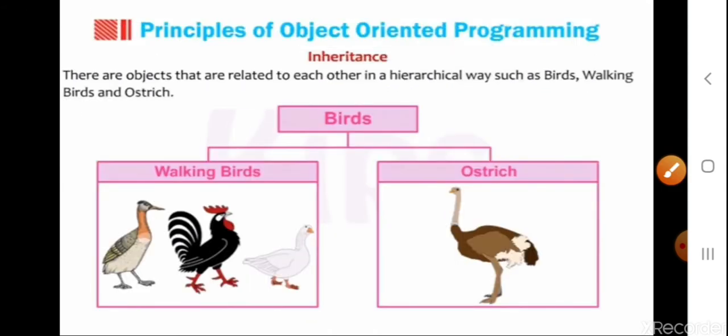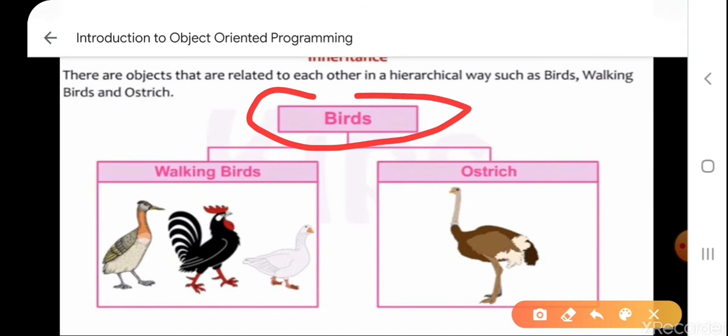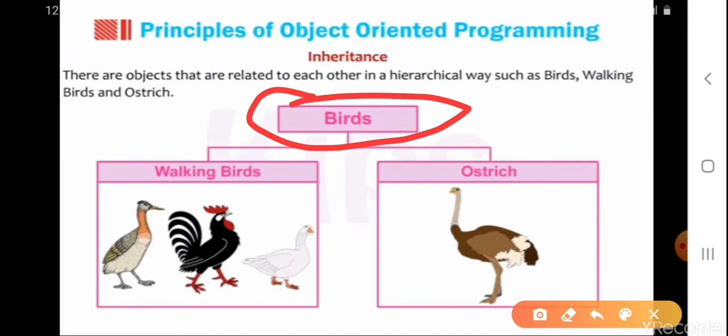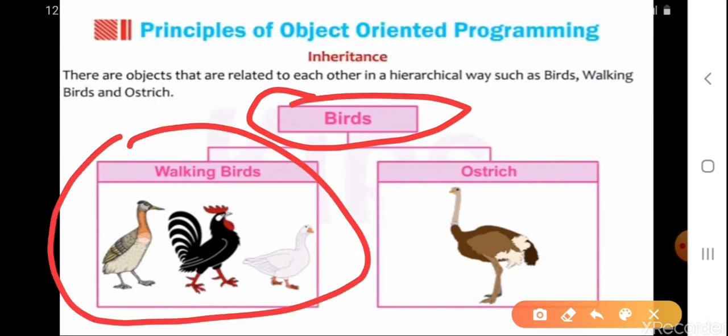For example, there are objects that are related to each other in a hierarchical way, such as birds. See, there is a big class which is called birds. In this there are two types: walking birds, and the example is the ostrich.